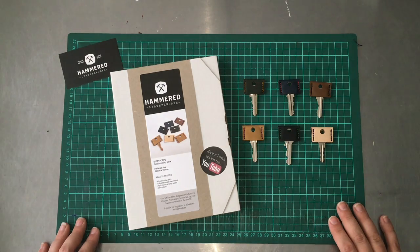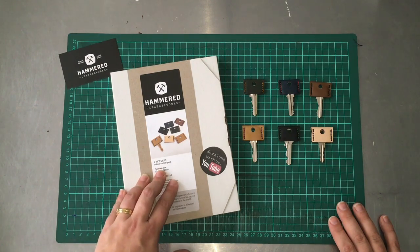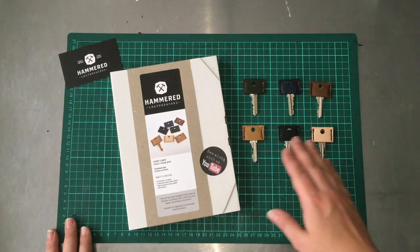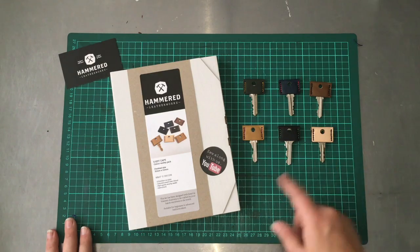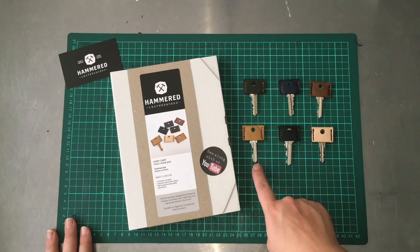Today we're going to make the mini kit called keycaps. It's one of our latest additions. We really like it. The keycaps are designed so you can mark your keys in different colours so that you know which is for what. So, this is our security door key, this is our garage key, this is the shed key,